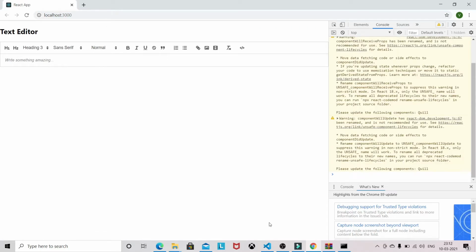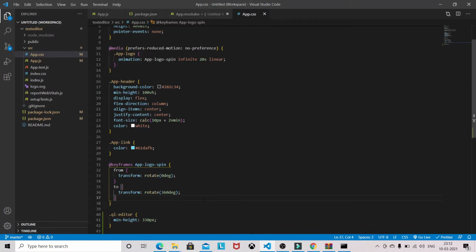Okay, something is not working. Let's see the styling. ql-editor, min-height. Okay, not sure why it's not working here.